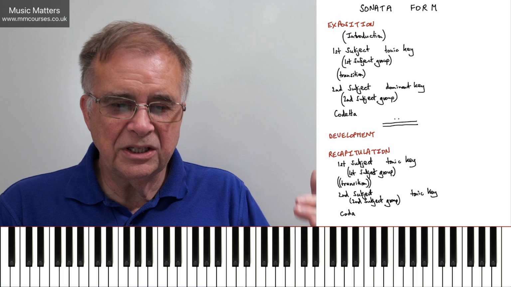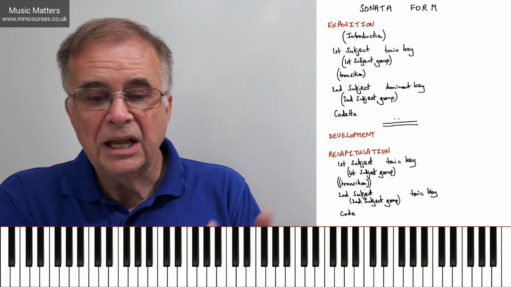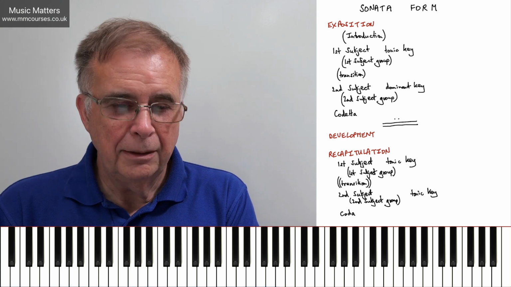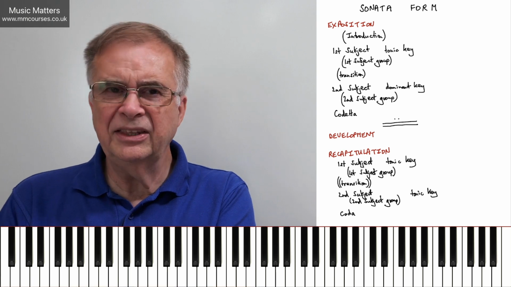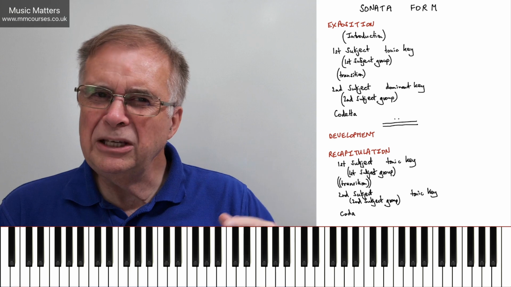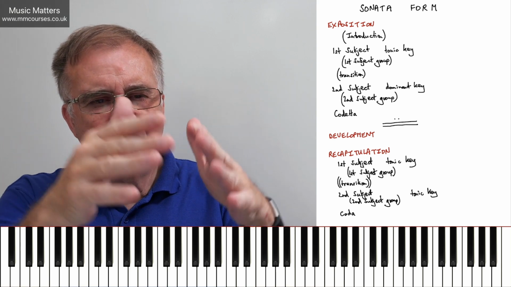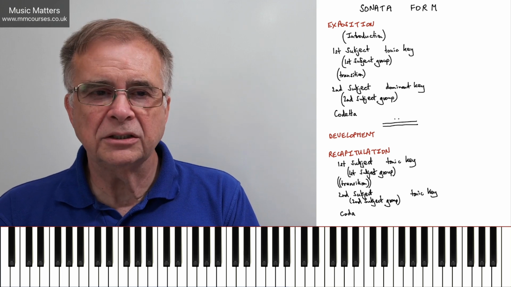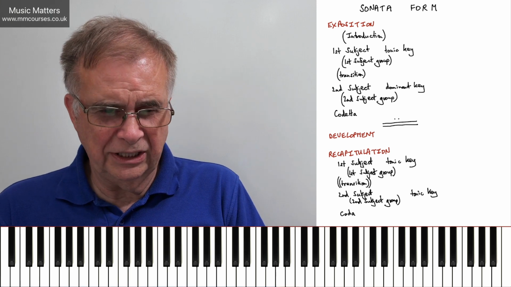And then the same with the second subject group, but this time it's in the tonic key because that's where we want to be by the end of the movement. So you don't have a second subject in a different key and then suddenly you've got this coda that shocks us back to the tonic key. May not be entirely satisfactory. And you can begin to see that while this is a structural explanation of sonata form, there's a lot of freedom within it, so composers did their own thing with it.